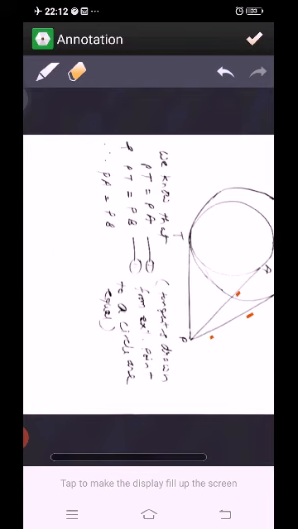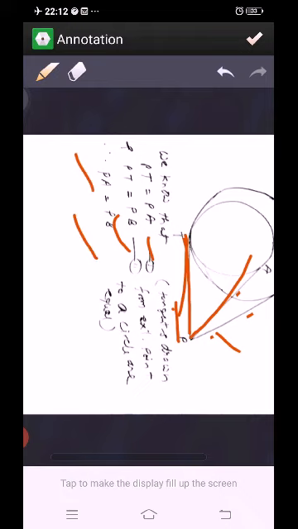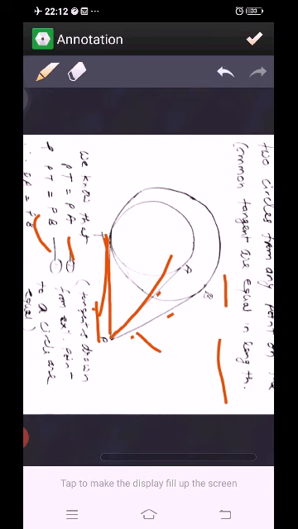We know that tangents drawn from an external point are equal. So in the smaller circle we can see PT will be equal to PA. Tangents from external point are equal. Similarly, PT will be equal to PB. So PT equal to PA and PT equal to PB. PT is equal to both PA and PB. It means PA equal to PB. So we can say that the tangents are equal.